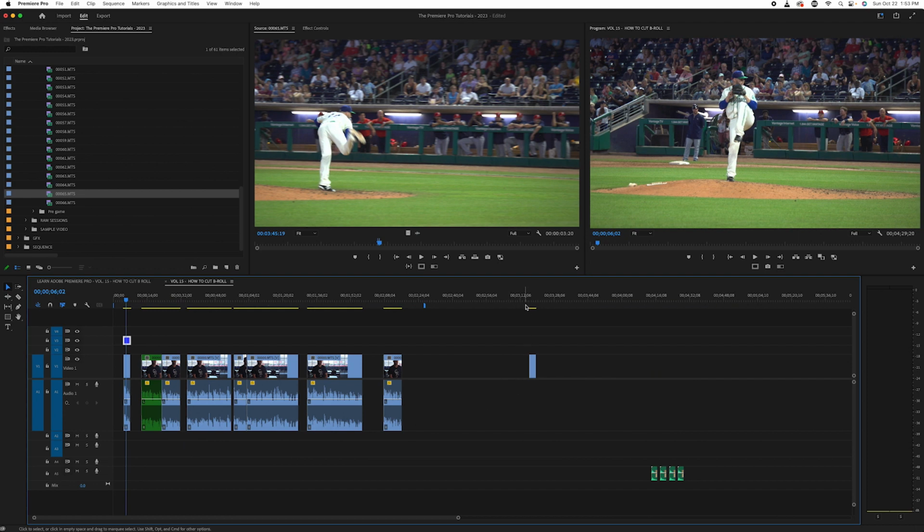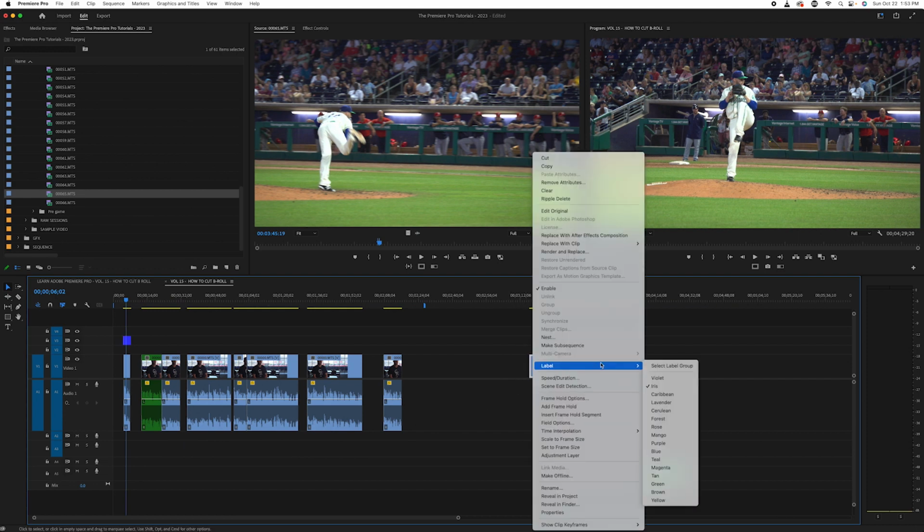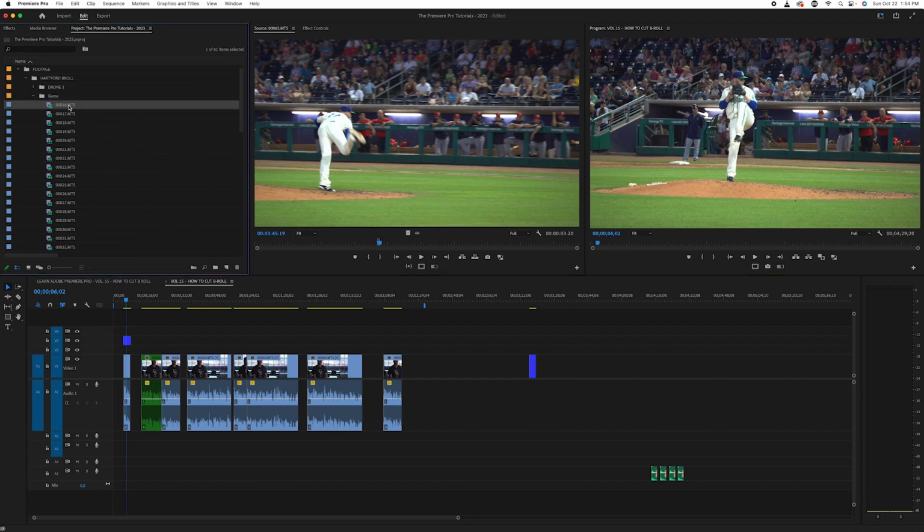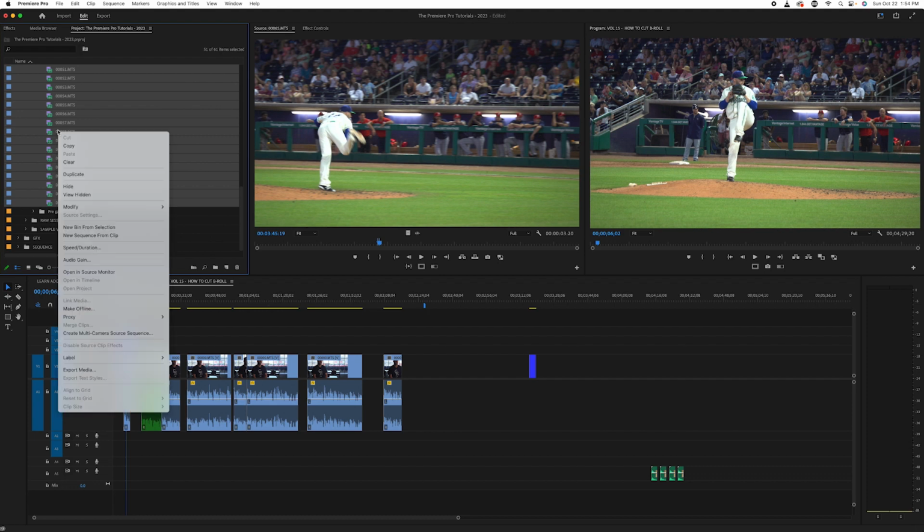And what starts to emerge very quickly is you can look at a timeline and you just kind of know what everything is. And I can't even express how much time that will save you when you get into more complex and longer form editing. Now, I did those manually on the timeline, but another way you can do it, this is all B-roll. So I can actually select all my clips here. So you select the top clip in the folder, go to the bottom clip, press and hold shift. It will select them all. You can right click,